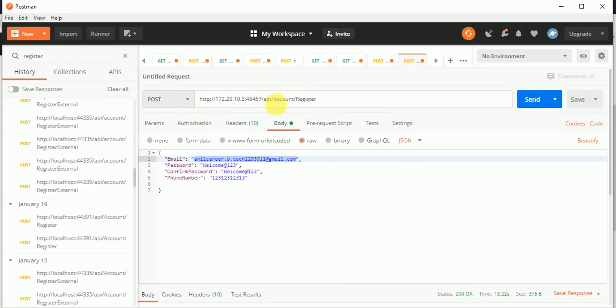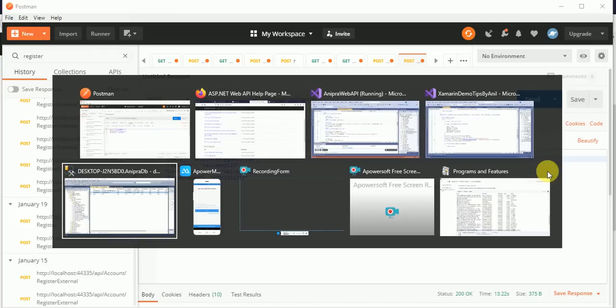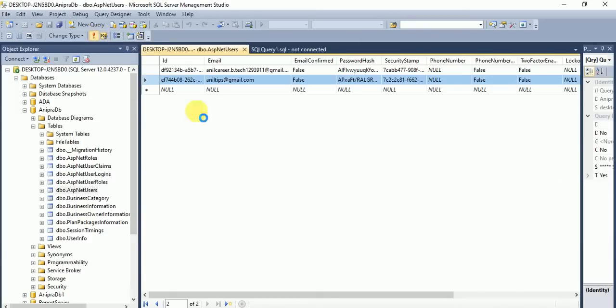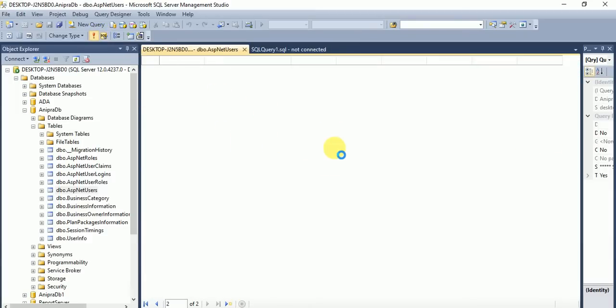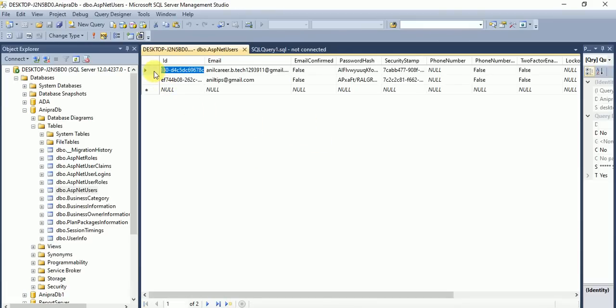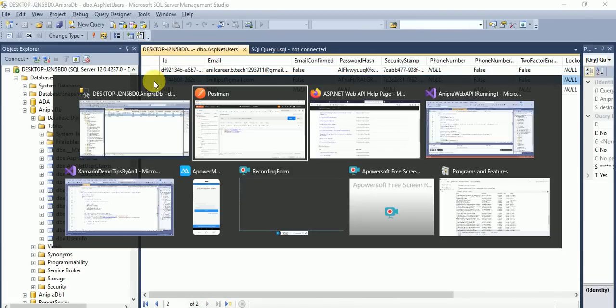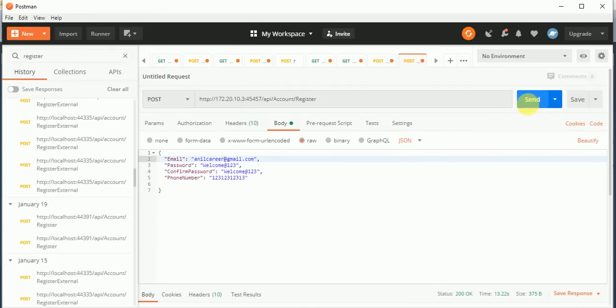I'll paste it over here, and /API / account / registered. Here I will change this email ID. Once I click on the send button, the user will be registered in SQL Server. Right now you can see we have only 2 users, and if I click on send button,